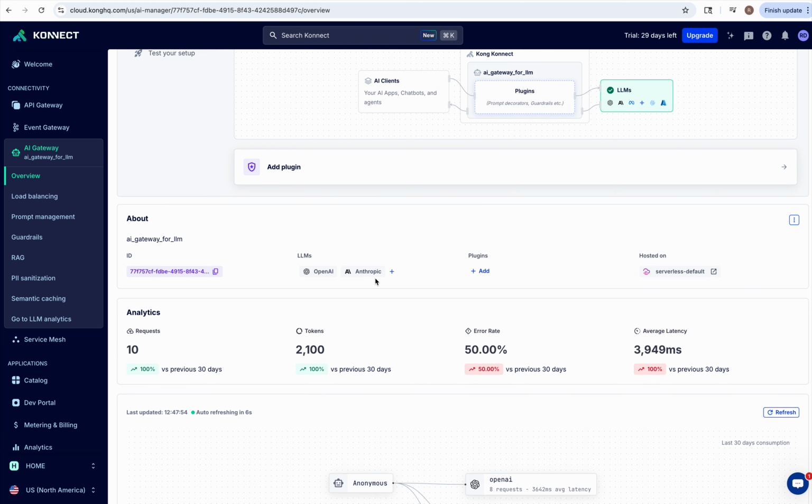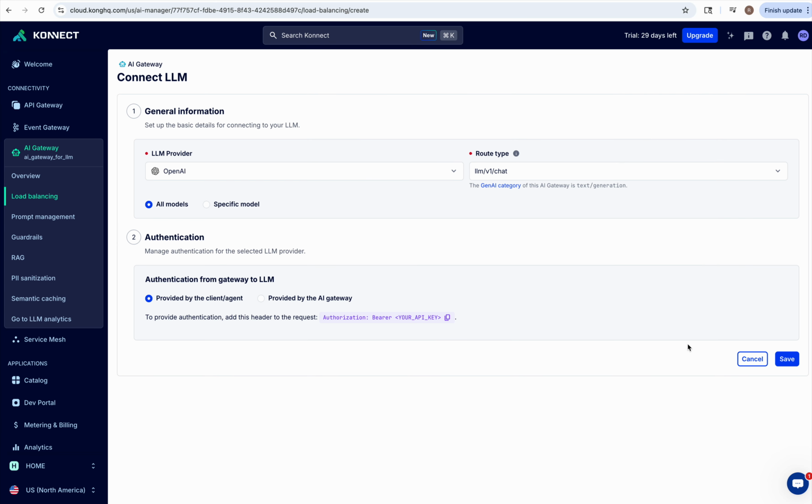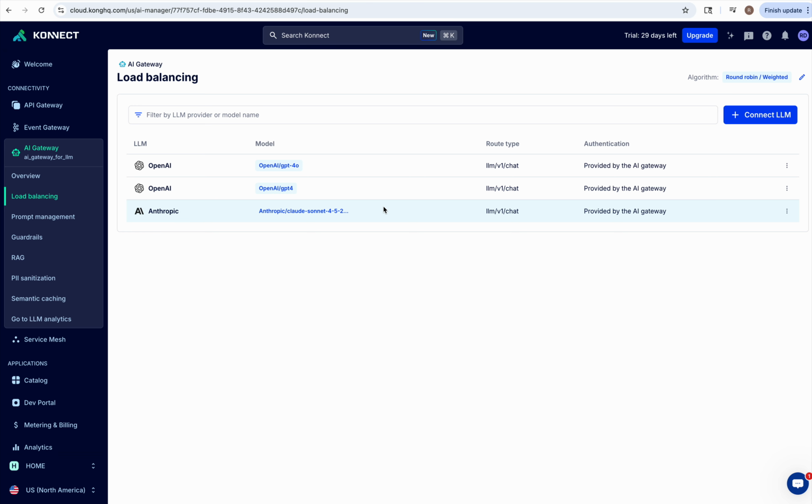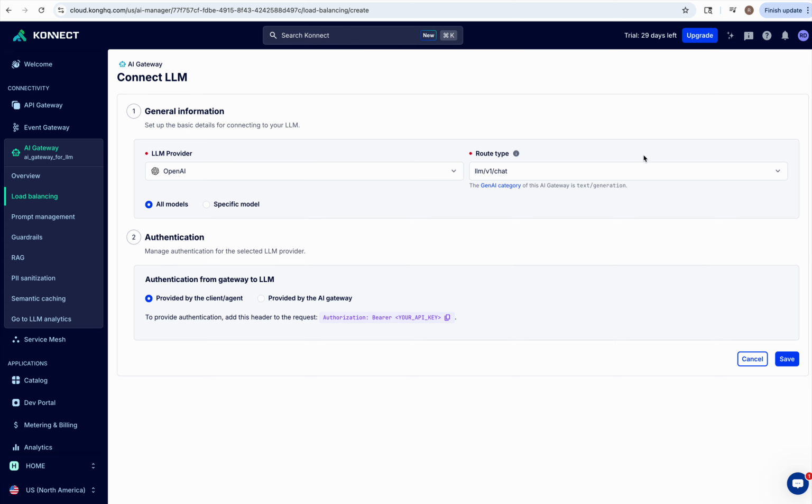So I connected to OpenAI and Anthropic. If I click on it, I configured GPT-4o, GPT-4 and Claudes on it, right? And if you want, you can connect more LLMs to it. These are the